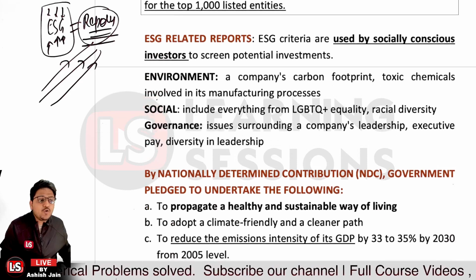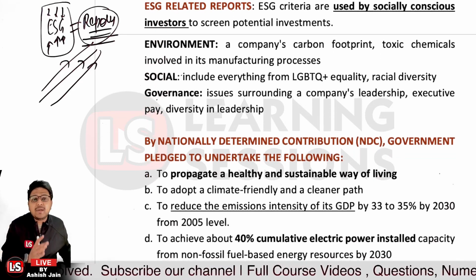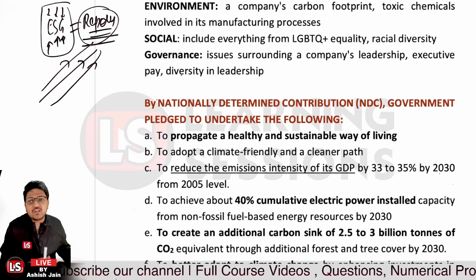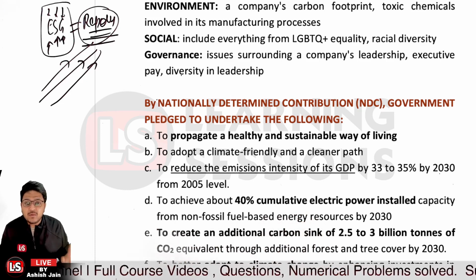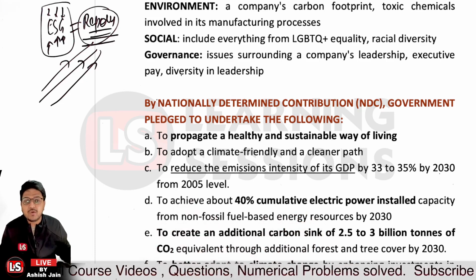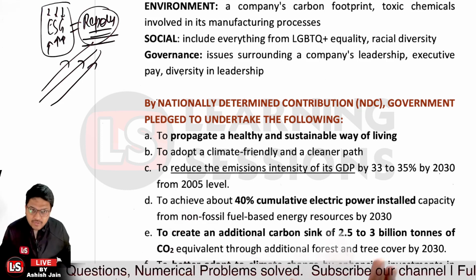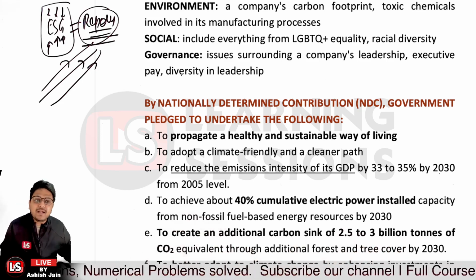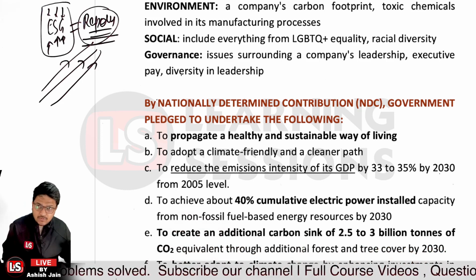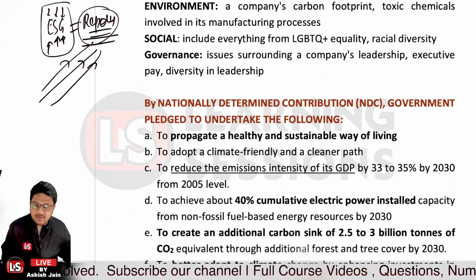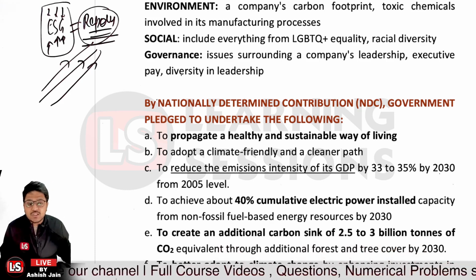And after that it's related to the NDC, that is the nationally determined contribution. The Government pledged to undertake the following. What is the government undertaking? That everyone must have a healthy and sustainable way of living, so as to adopt a climate-friendly, cleaner path, so as to reduce the emissions intensity of the GDP by 33 to 35% from 2005 levels by 2030, and so as to achieve